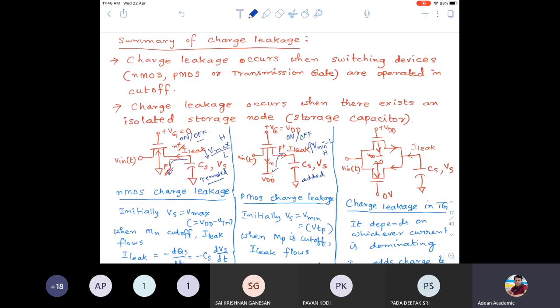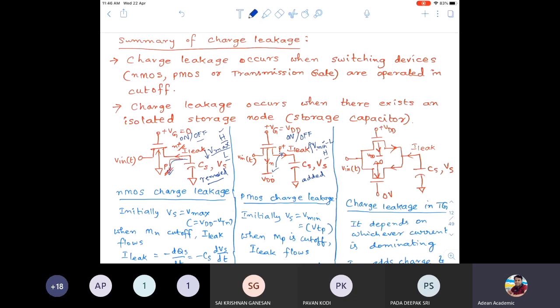It takes some time. How much time it takes to change its state from high to low is hold time. So it will remain high only till hold time. After the hold time is reached, then it will become low. That means till hold time, the actual output which is expected in this circuit remains good. After that, it will be changing its state.